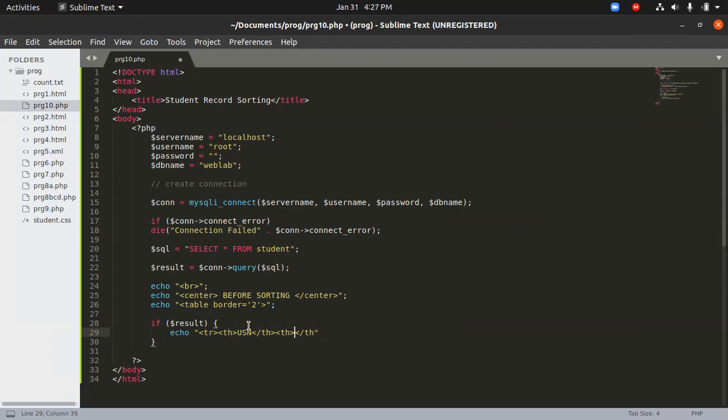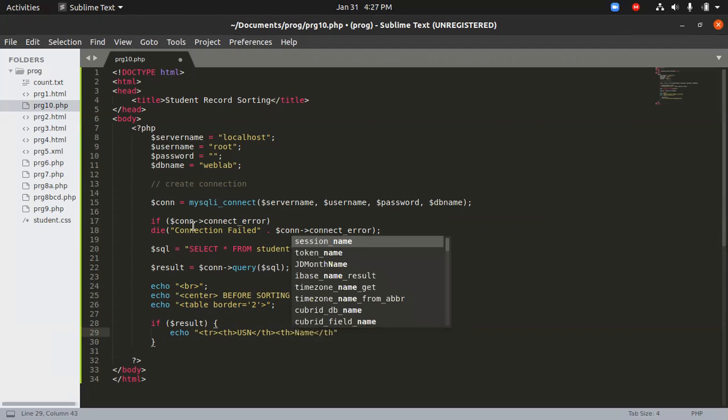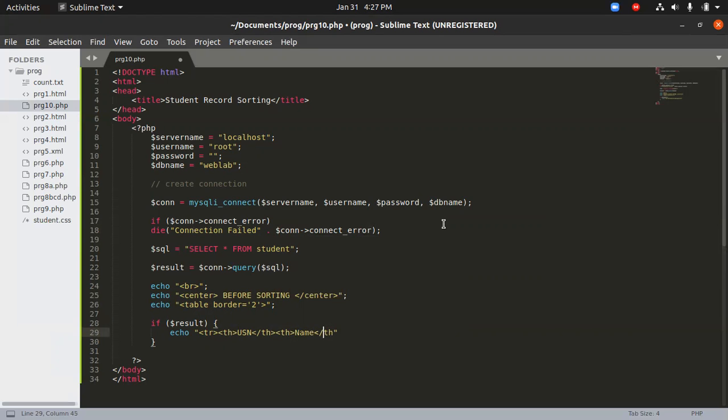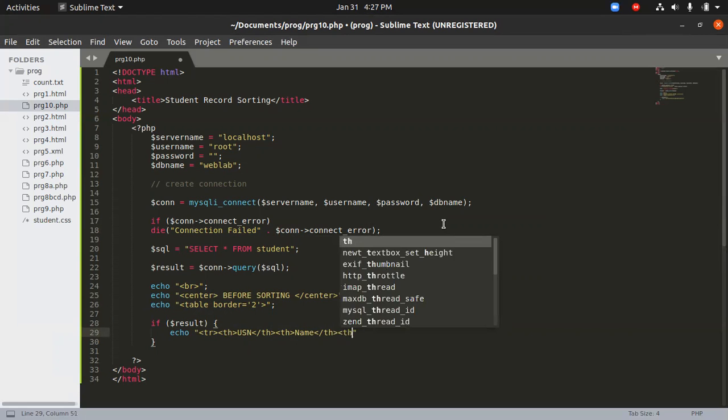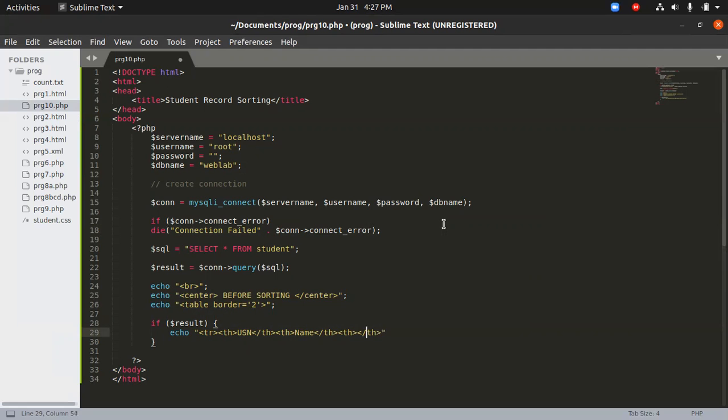In between this, we'll be writing the name. That is the second field that we have given in our table. The last one is the address. So the address part is also done. Then we close the table row as well. So this statement would have created a table header for us.